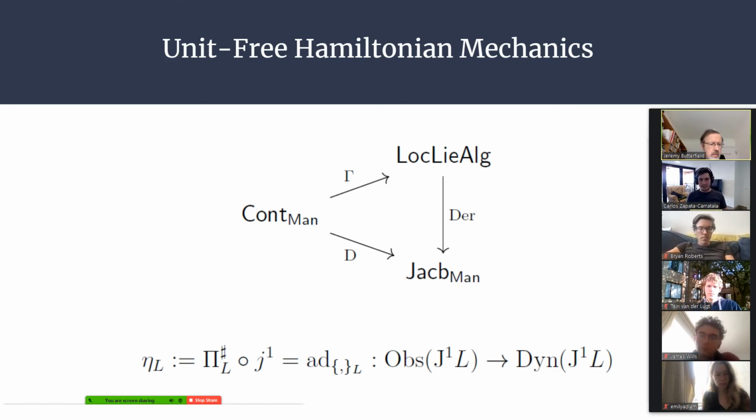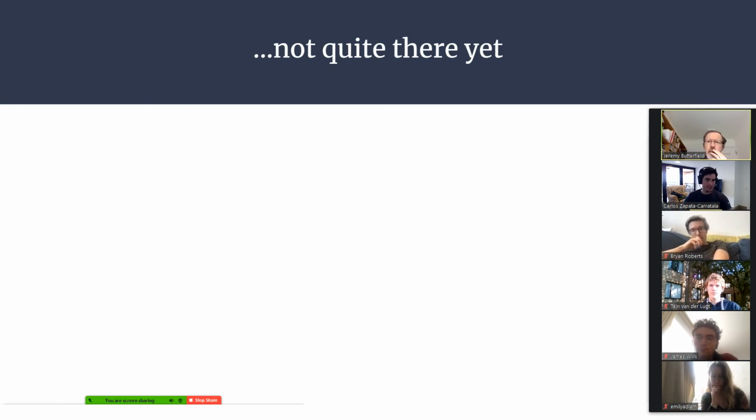And then just to top this off, we have our Poisson bracket, so to speak, which in this context we call the Jacobi bracket, in the space of sections of the jet bundle, just defined as usual. Symbolically, you can replace capital Pi by lowercase pi, and J1 by D, and you have literally the definition of the Poisson map. So in some sense we've succeeded. So unit-free Hamiltonian mechanics works at a categorical level, but we're actually not quite there yet in what we